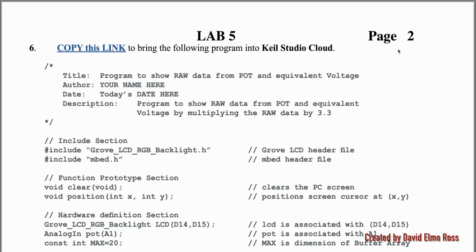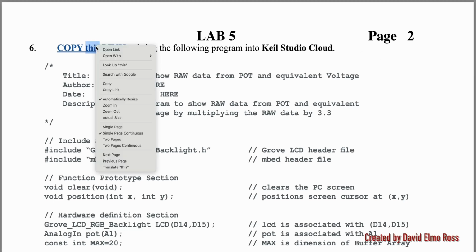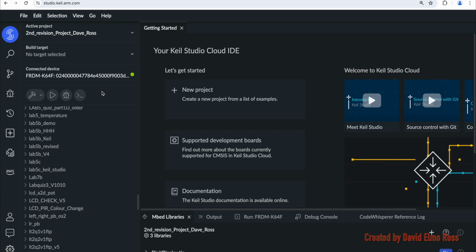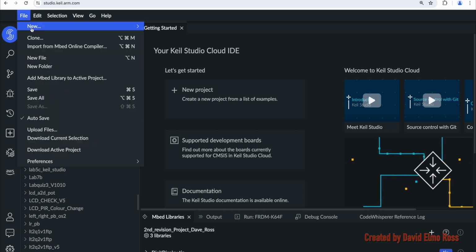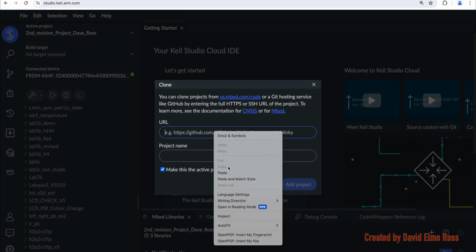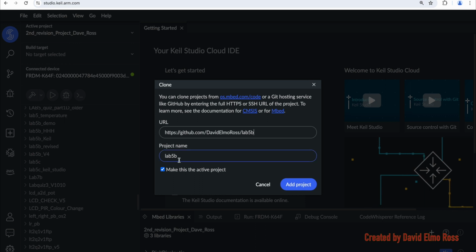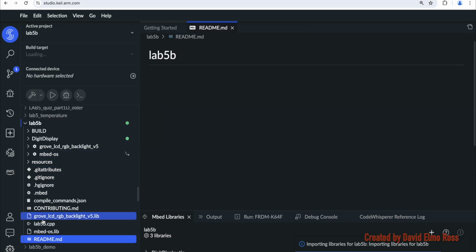In Lab 5, page 2, we're going to right mouse click and copy link. Then we're going to go to Keil Studio Cloud and clone, right mouse click and paste it in here. It's going to come in as Lab5b. Make it the active project. And what we want to do is take a look at